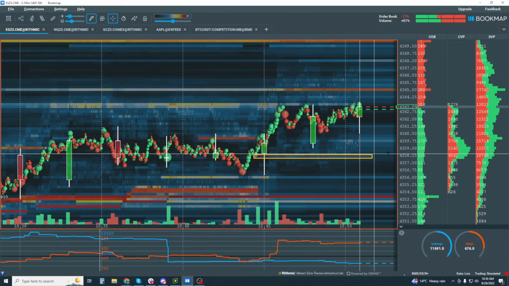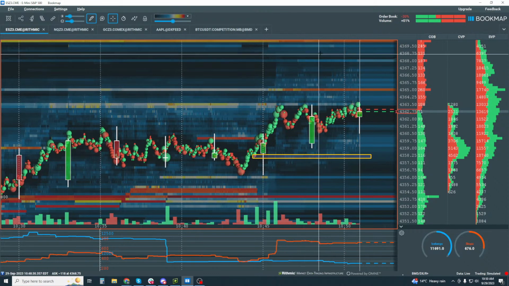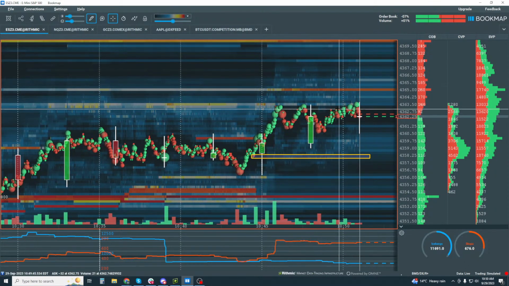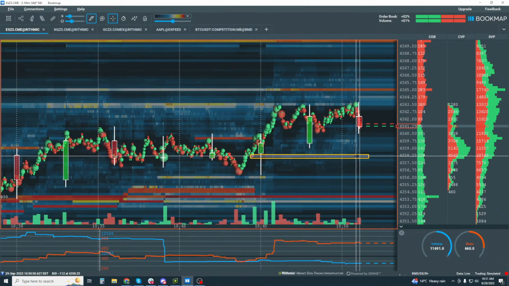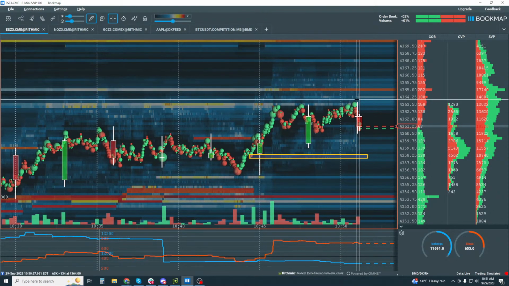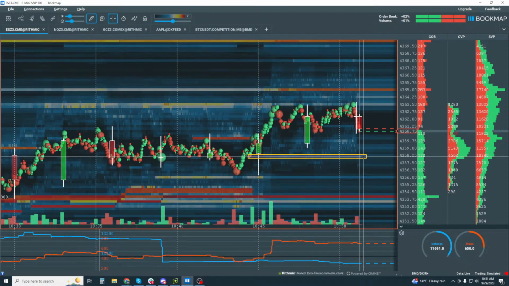Okay, so can we get? Do we see that here in the setup? No, we don't, not yet. All right, so we've got to look for that, and then this is where you're looking for it to go, and this is where you can either take some off or, I don't know how you want to manage it. There are many different ways to do this, but you could take some off or